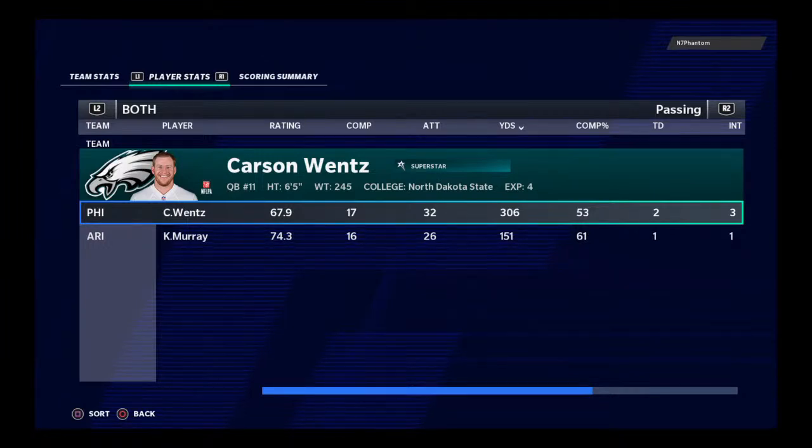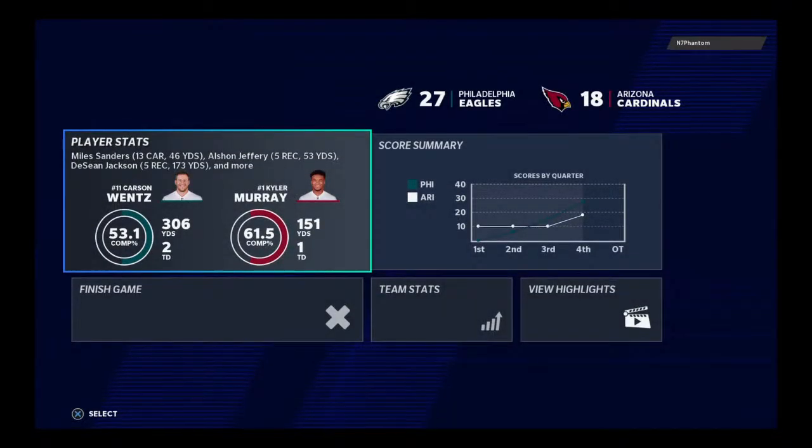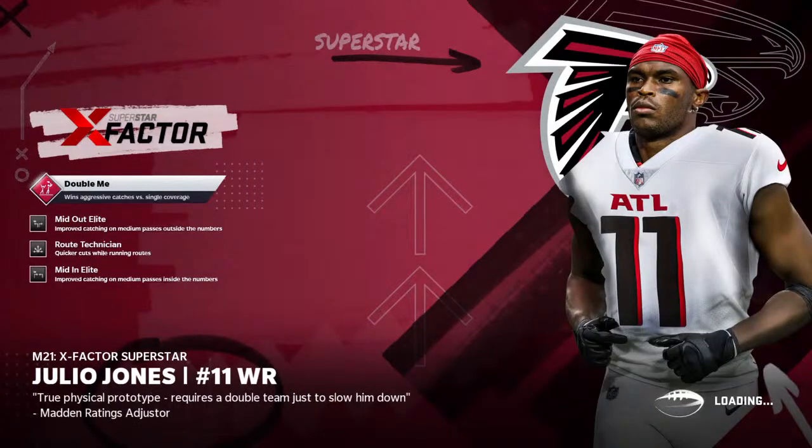So for the Eagles, it's a 10th win of the year now as they move to 10-4. And they'll get another road test next week as they head to Big D to take on the Cowboys. Meanwhile, for Arizona, the loss might not...